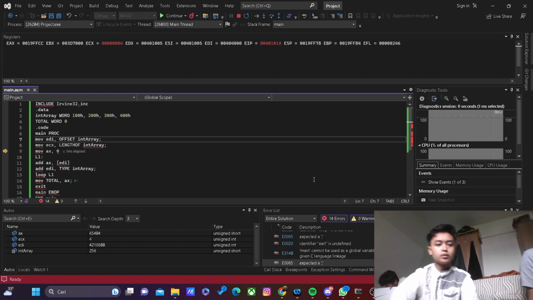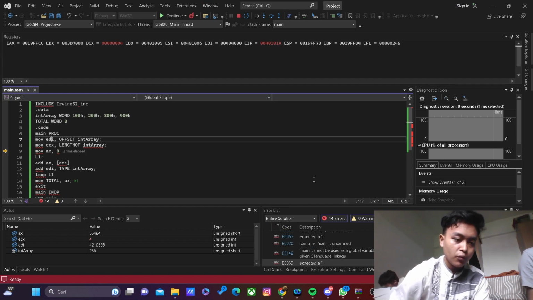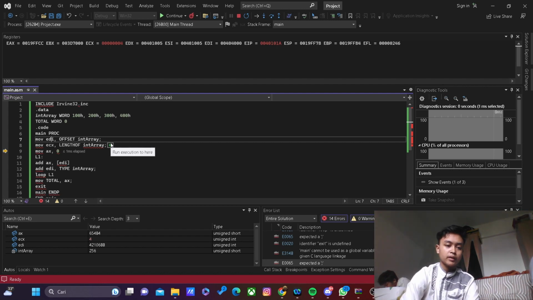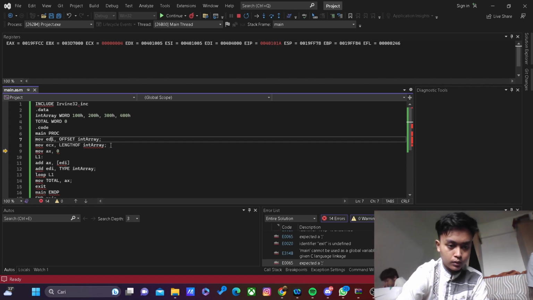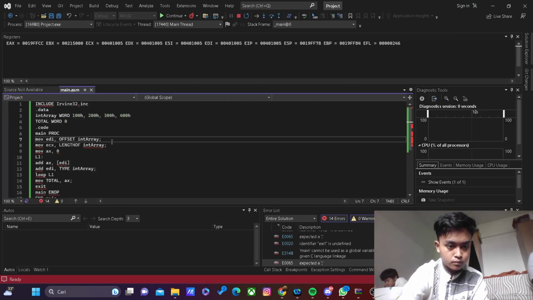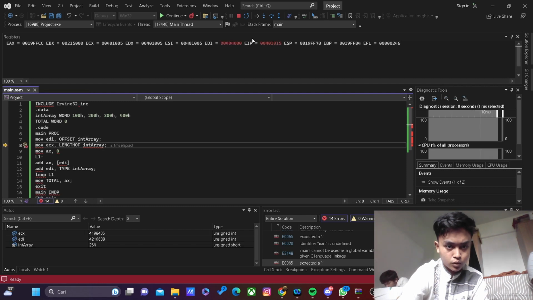So for question 8, we have an int array, which has a word data type, and then we have a total variable which has a word data type. The first instruction, we will calculate the offset or the address of int array. So if we run,